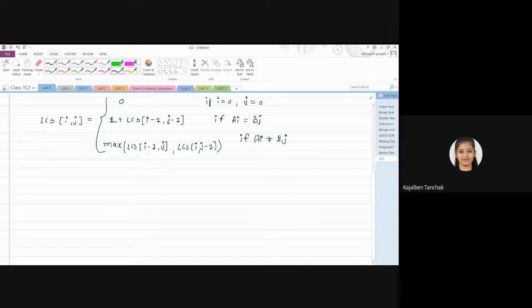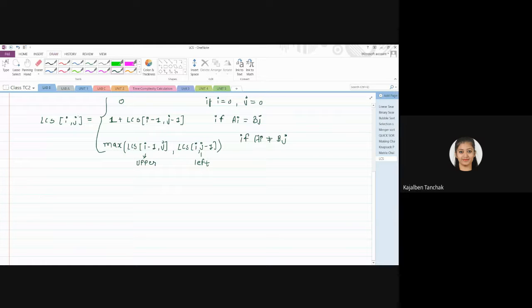So this one we can consider as the upper cell value, and this one we can consider as the left cell value, the neighbor left cell. Fine. So you have to compare these two values. And this one is the cross cell, the previous row and previous column will be the cross one. Okay, so these are the formulas you have to use.